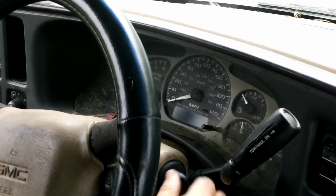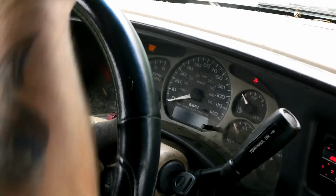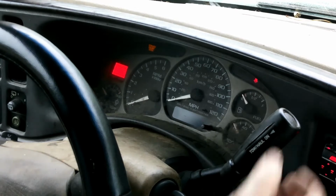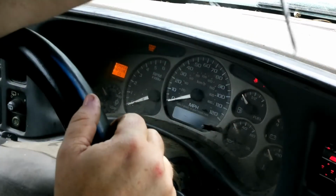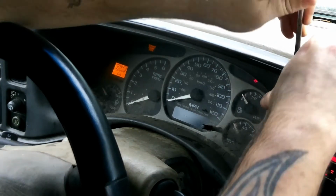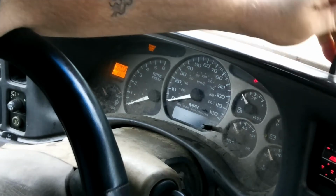It's really simple. First thing you've got to do is turn the car to the on position, but not start it. We need to lower the steering wheel all the way down. Set your parking brake, and then we need to move the gear shift all the way down into low. All right. And then just a flathead screwdriver, or if you've got a trim removal tool, that's fine too. And we're going to pry off this front